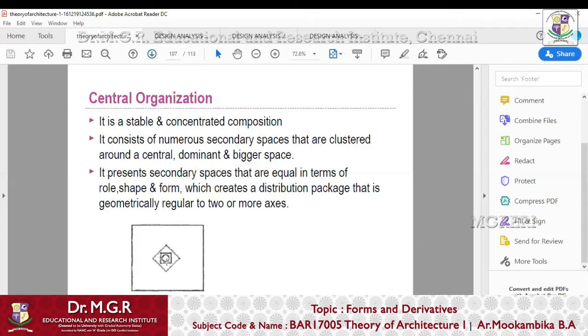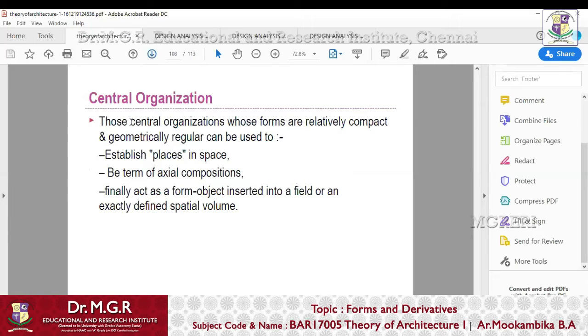In the following figure, you can see there is a square that is supposed to be the dominant space or the bigger space, and it is centrally focused. It presents secondary spaces that are equal in terms of role, shape, and form, which creates a distribution that is geometrically regular on two or more axes. For example, we can give the courtyard and the functions that are surrounding a courtyard. Those central organizations whose forms are relatively compact and geometrically regular can be used to establish places in space, in terms of axial compositions, finally acting as a form object inserted into a field or an exactly